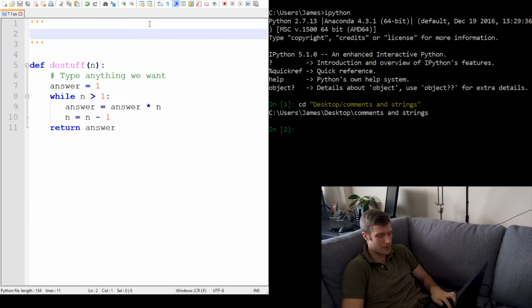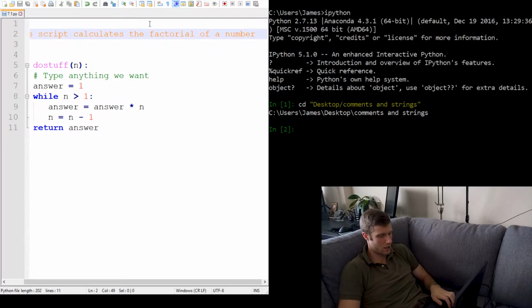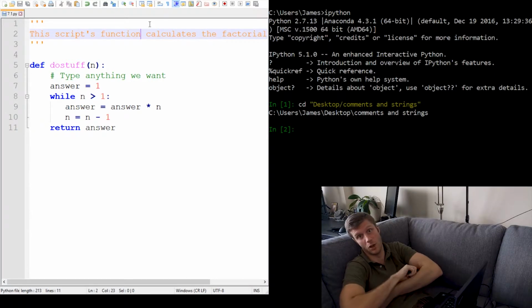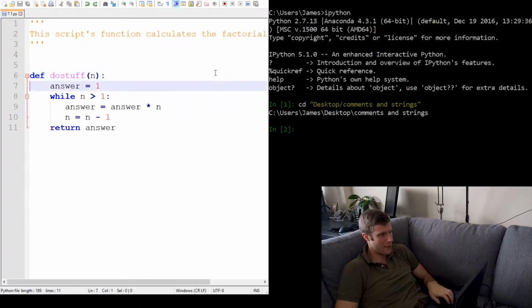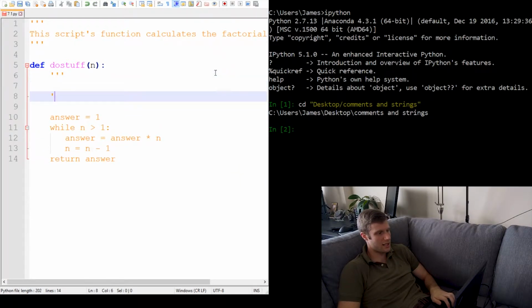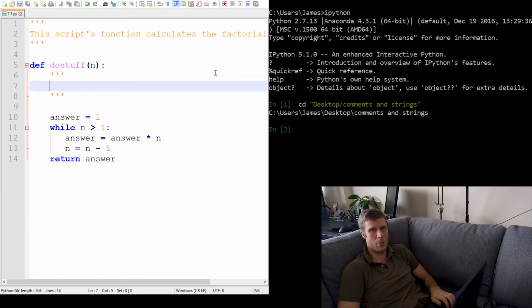So here I might write something like, this script calculates the factorial of a number. In fact, it's not really this script. This script's function calculates the factorial of a number. There. Perhaps we want to have nice comments in here. A lot of times we will write comments that describe what the functions will do. So here, this function will